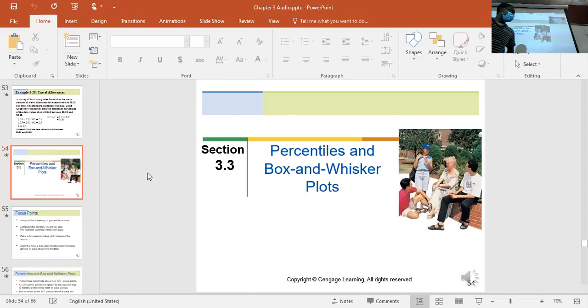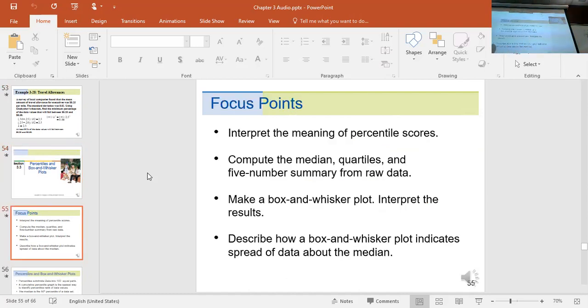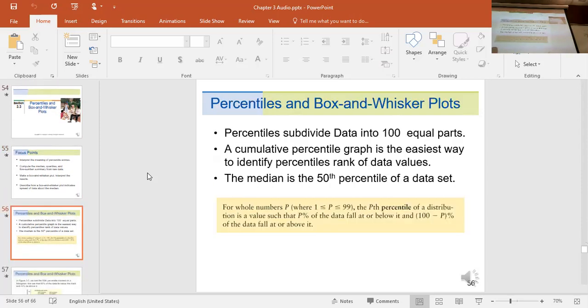Section 3.3, percentiles, box and whisker plots. Percentiles divide data values into 100 equal parts, but this is the way I will define it. I don't know how I defined it here. Yes, this is a good definition. So percentiles, the percentiles now